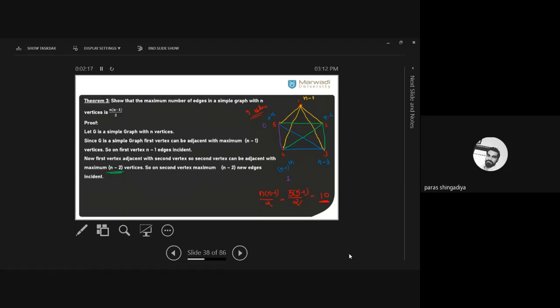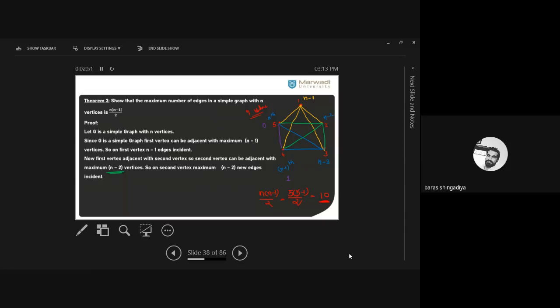So now think about the n vertices scenario. In this graph there are n vertices. So the first vertex can be connected to a maximum of n minus 1 vertices; from the total one vertex is subtracted. So it will be n minus 1 edges there. Now shift to the second vertex. How many possibilities for the second vertex? There are 3 edges. 2 to 1 is already connected. 2 to 3, 2 to 4, and 2 to 5 you can create. So 3 edges you can create.